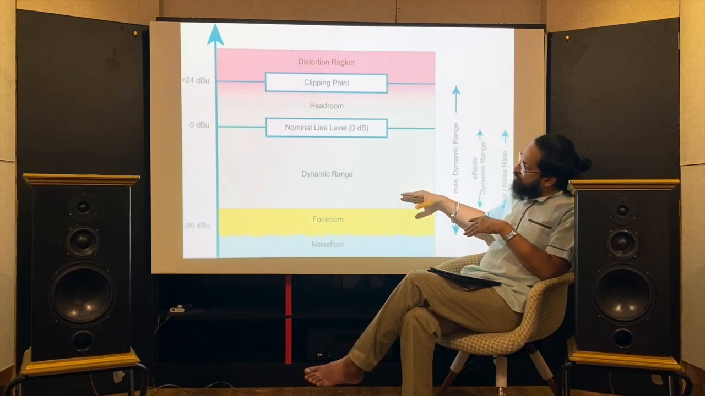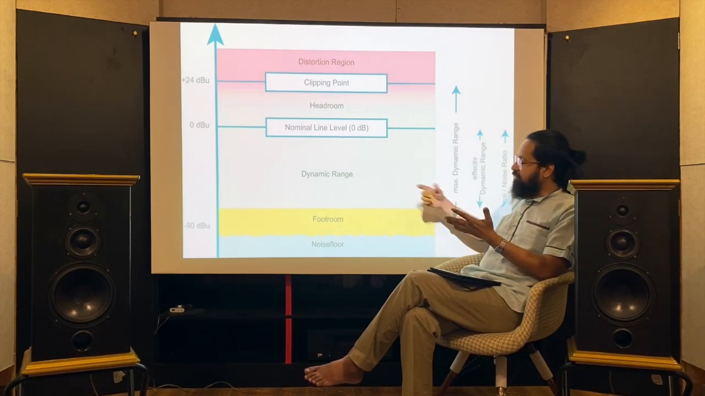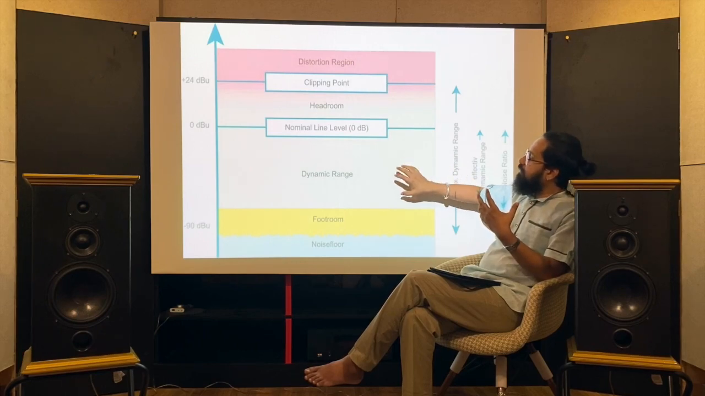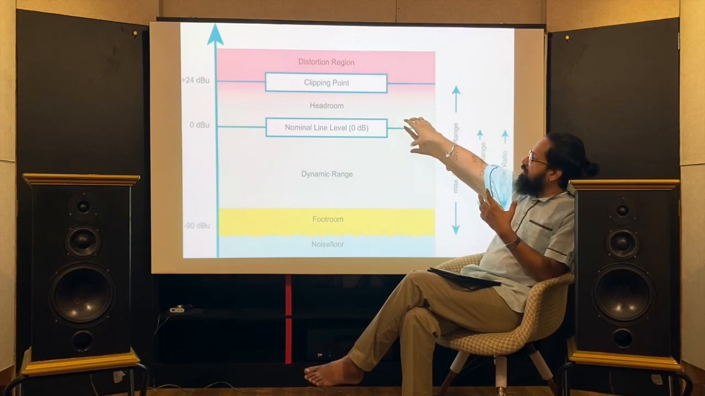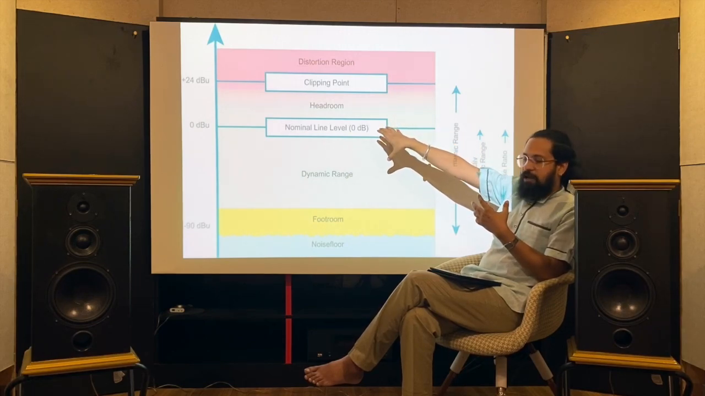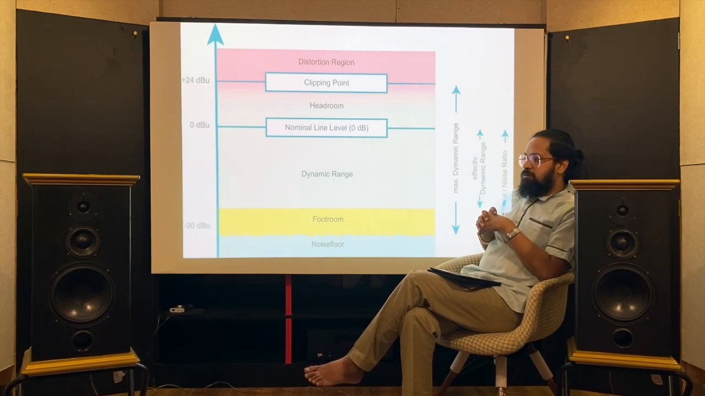All those come in the lower part of the dynamic range. Somebody is whispering in the romantic scene, somebody is whispering in the ears, and that falls in the lower dynamic range. When the normal conversation dialogue happens, that comes in the upper dynamic range, and when there is a peak action sequence, we reach the nominal line level range, and when there is an explosion or